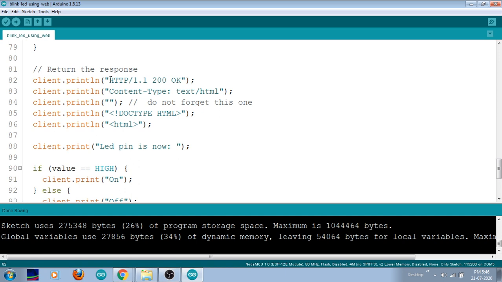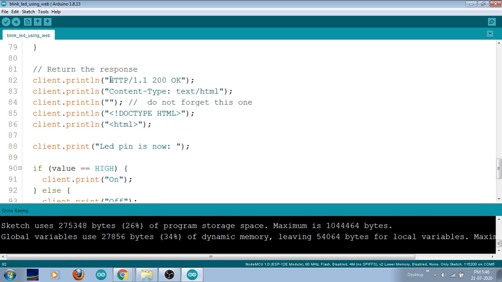And with client.println, you have to show your LED status, because the web server may not know what the present status of my LEDs is. That is the reason why I'm storing it in the LED status variable, right? In the above condition, I have defined one variable called LED status.